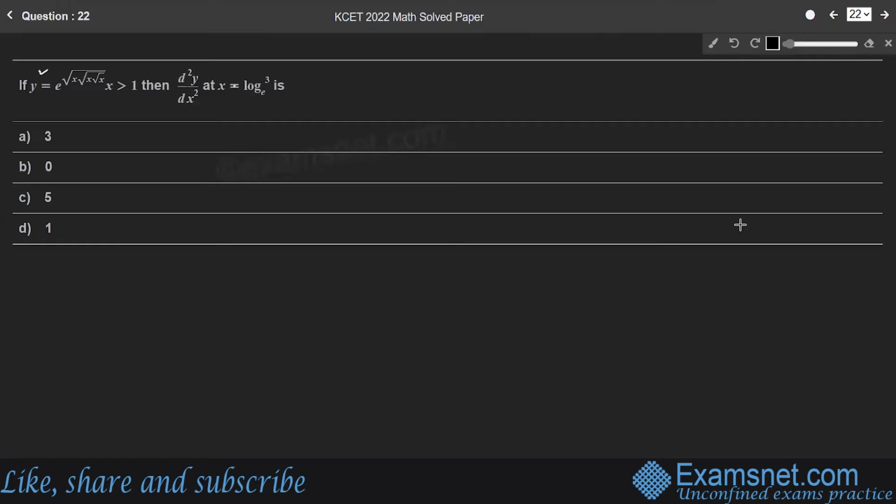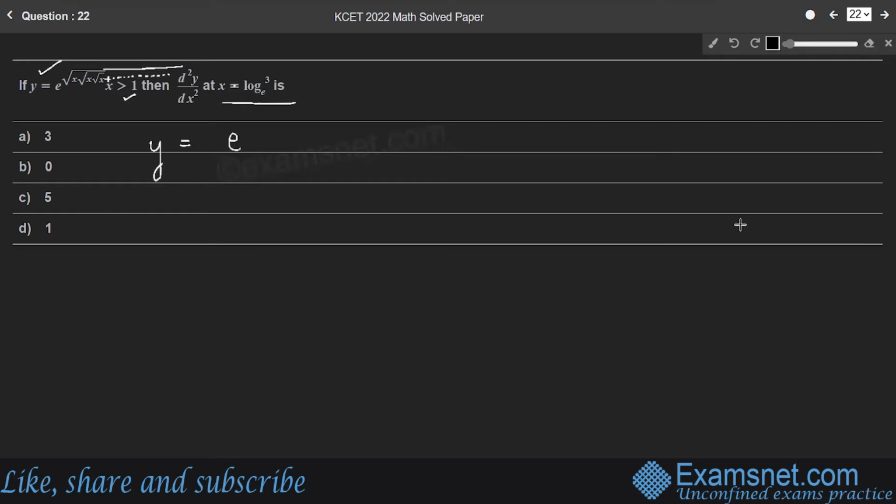Question 22. If y is equal to e raised to root of x into root of x into root of x, and this pattern continues inside the square root, where x is greater than 1, then d square y by dx square at x equal to log 3 to the base e is? There is a small change in the question. So students, we'll consider y equal to